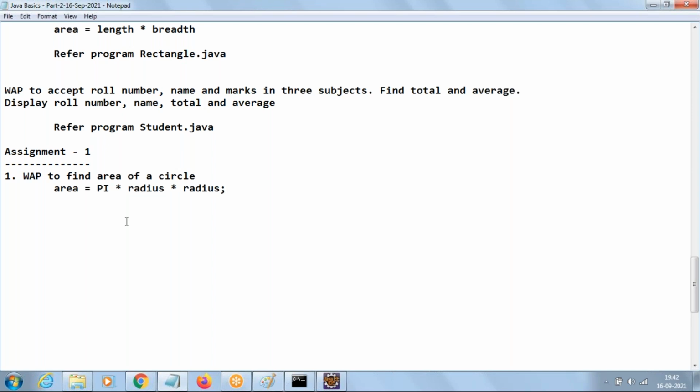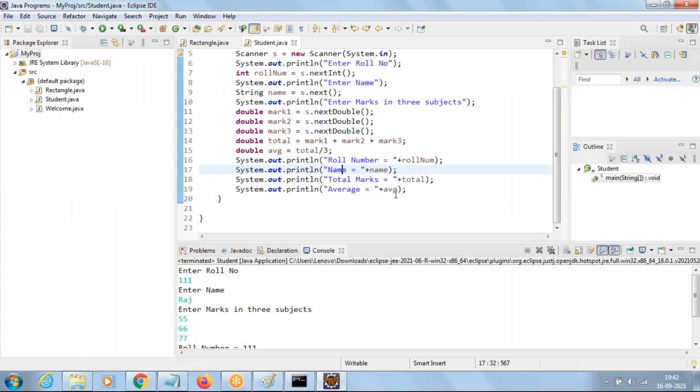Now when you say pi, does Java know the value of pi? No. So what we have to do? You can take one double variable pi and give the value 3.14. Or let me check here, Math.PI.